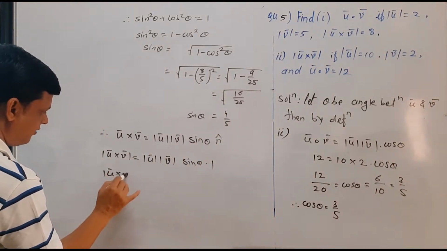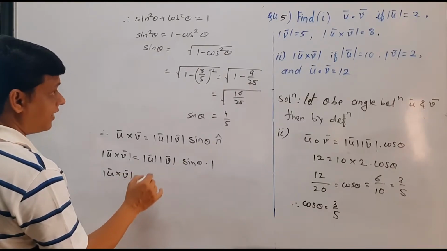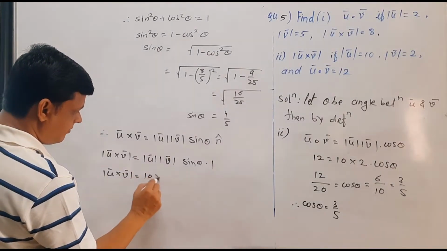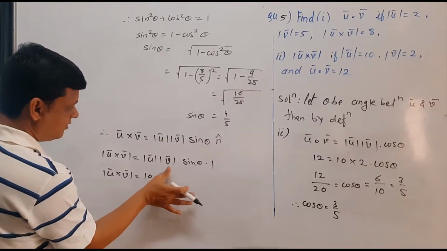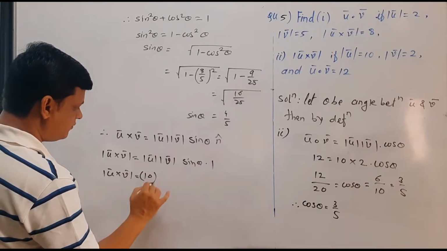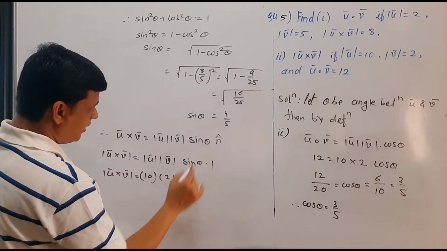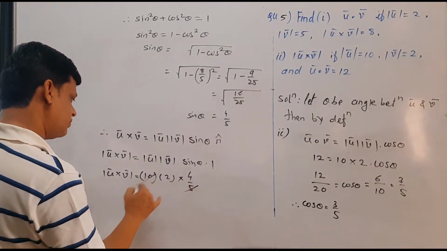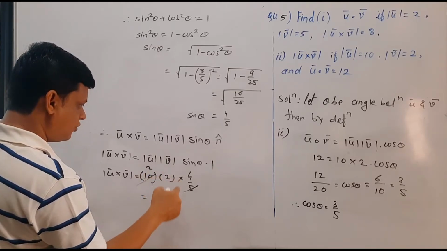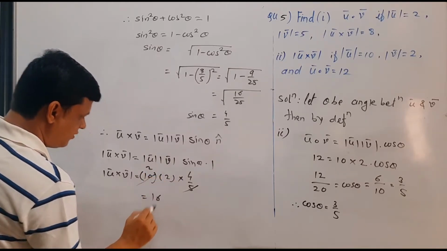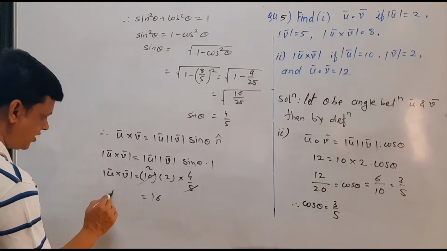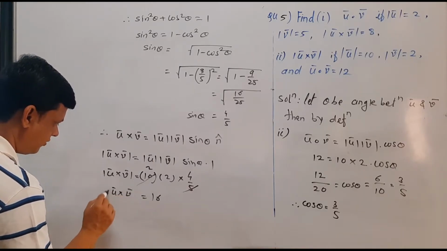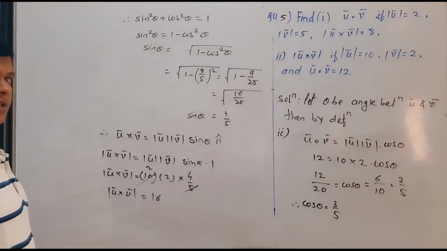Magnitude of u bar cross v bar is equal to magnitude of u bar which is 10, magnitude of v bar which is 2, and sin theta which we calculated as 4 by 5. So 5 2s are 10. So we get 2 4s are 8, 2 8s are 16. Magnitude of u bar cross v bar equals 16. So in this way,